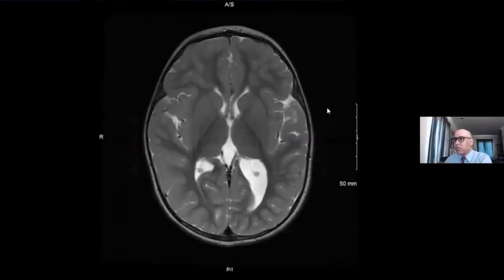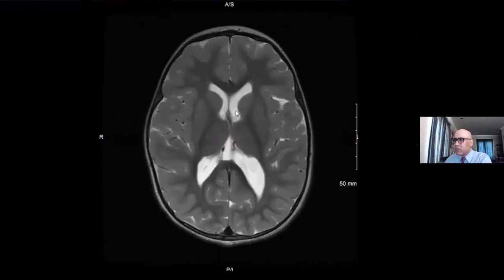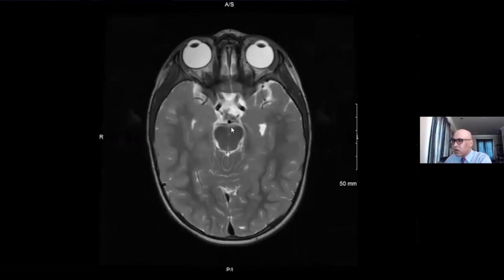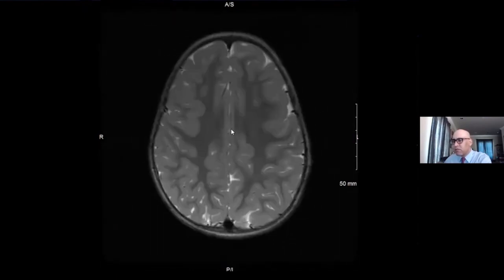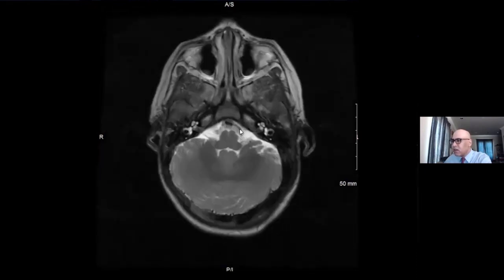This is an MRI of the brain in a 6-year-old female that was performed for abnormal gait. And supratentorially, we can see the lateral ventricles are slightly larger than usually seen. The third ventricle is also upper normal in caliber. But the rest of the brain parenchyma looks fairly normal. But if we go to the posterior fossa, there's an abnormality that at first can be difficult to identify, because